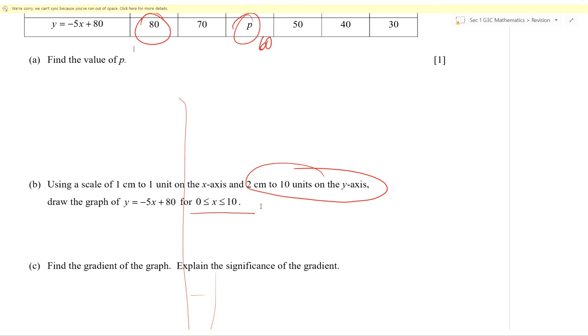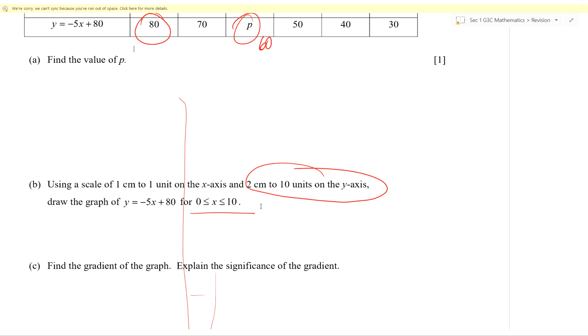Every plus 1 minute, does it go up or go down? Go down by how much? Every 1 minute, that means every time you move right by 1 cm, the y value drops down by how much? 5 degrees Celsius. So the significance, which is part C,